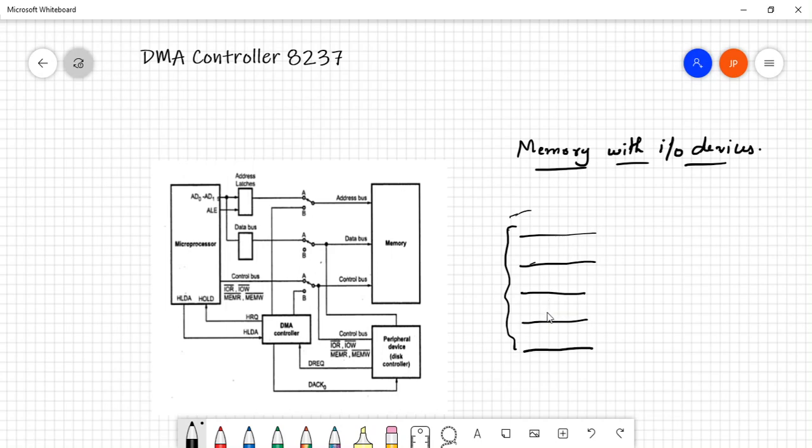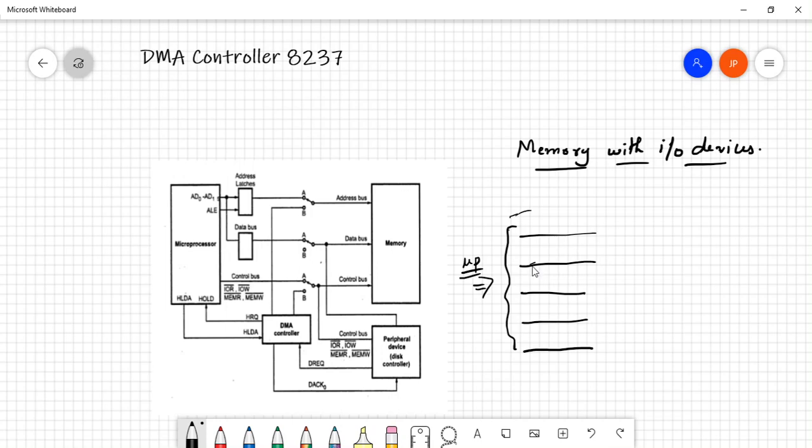Depending upon that, you will have to give the count, and then you need an instruction for looping this entire system. So basically we need around 5 instructions which have to be run for each and every byte of memory to IO devices transfer, and all these 5 instructions have to be done by the MPU.